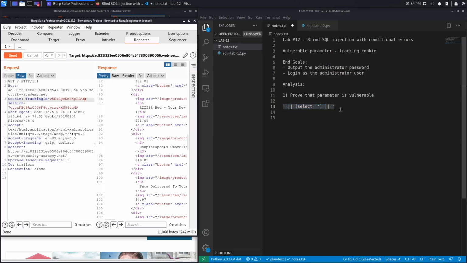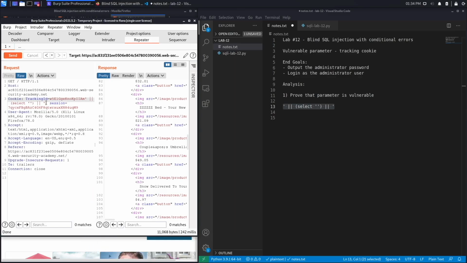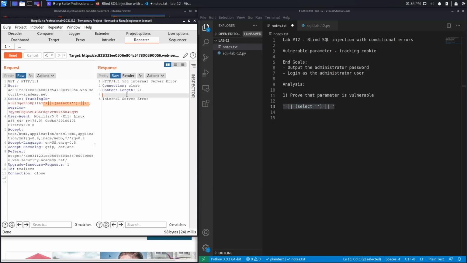Now, this is a well-formatted SQL query, and so we shouldn't get an error. So let's test it out. And then do Control-U to URL encode it. Hit send. And we get an internal server error, which is weird because, again, this is a well-formatted SQL query. And so what this indicates is maybe we're not dealing with a MySQL database. Maybe we're dealing with an Oracle database, because an Oracle database requires a from clause in order for the query